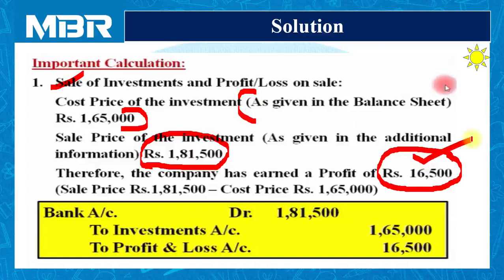We have to pass a journal entry of this transaction. Now, after discussion of earlier questions, I would like to inform you that it is not necessary for you to pass a journal entry over here. You can directly pass journal entries at the end of the calculation in a systematic form because it is necessary as a part of the answer.